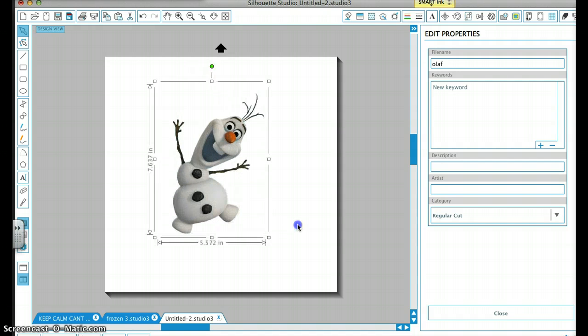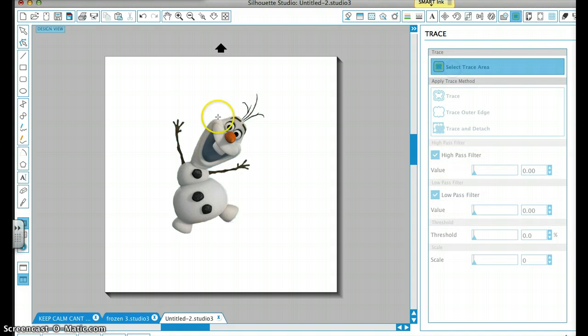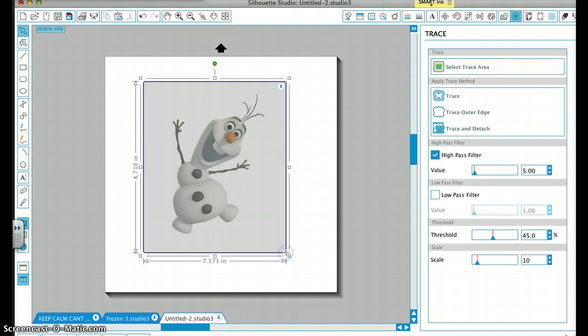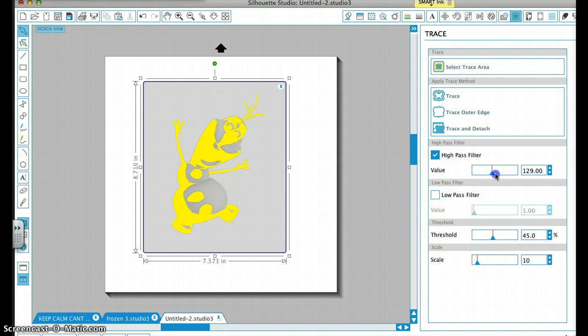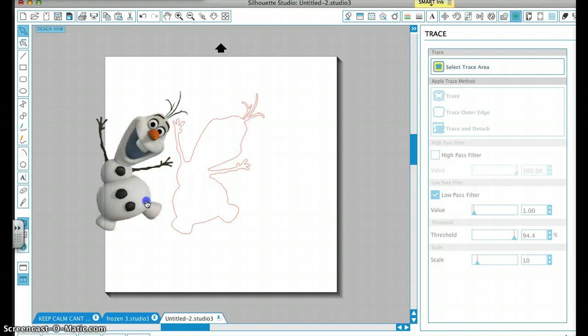And what you're going to want to do is you're going to want to trace him. So I'm going to go ahead and choose trace. And you're going to want to try to mess with it so that you get an okay trace, and you really just care about the outside of him. There we go. So I'm going to go ahead and click trace outer edge,